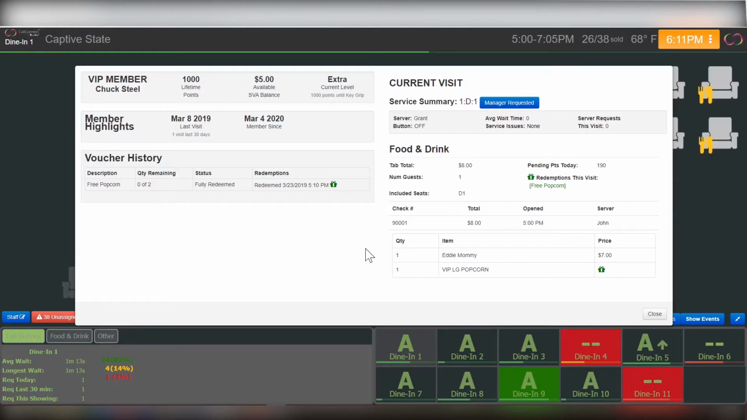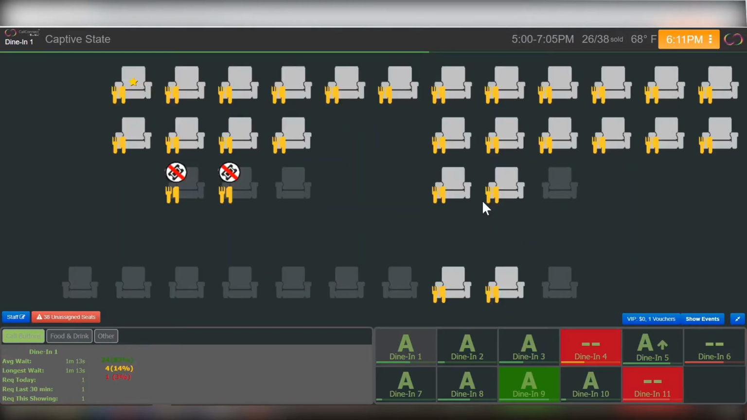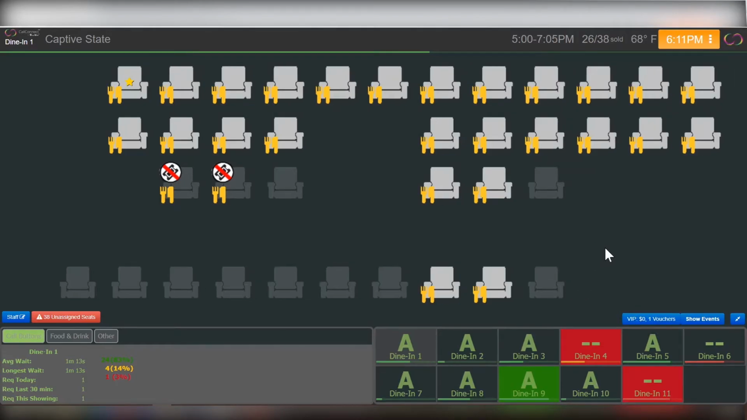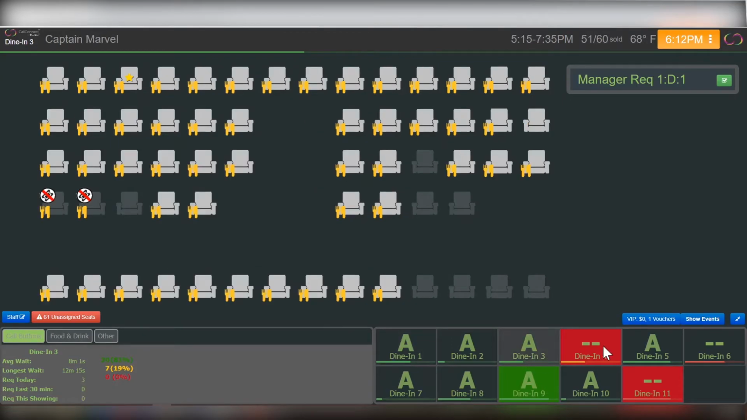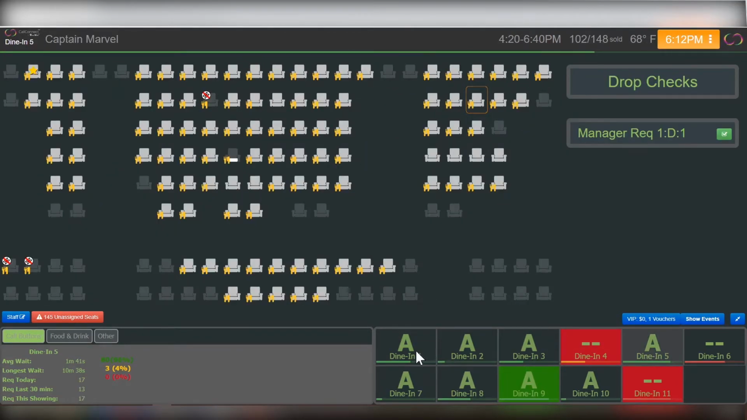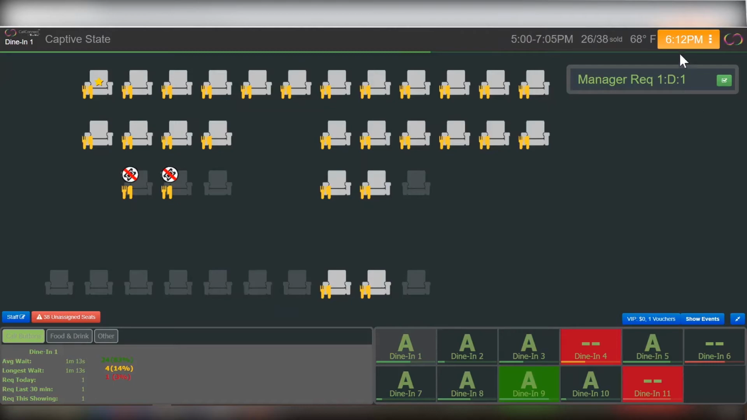Instead of getting on the radio and trying to find the manager, you can simply press the manager requested screen button and it will pop up on the call button dashboard that a manager is requested to Auditorium 1, Seat D1. In order to dismiss this, a manager will have to see this. It doesn't matter which screen they're on, it's going to be persistent across all the different screens. Before they walk up to that seat, they have to manually go in and turn this off, otherwise it stays